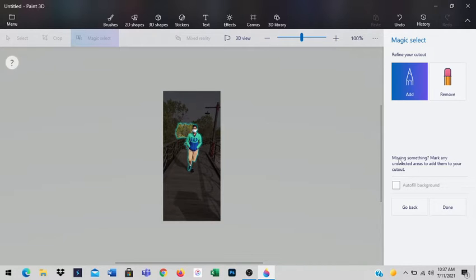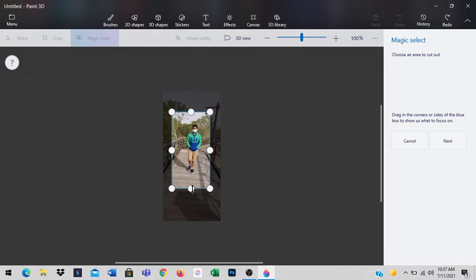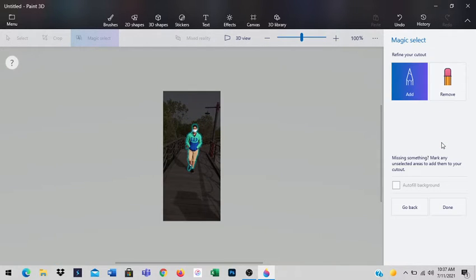Now there's some mistake over here that there's some scenery which has come and one of my legs is not there, so I'll just go back and again I'll just select myself and click next. Over here also my shoe I can't find, but I'll just over here just click add and